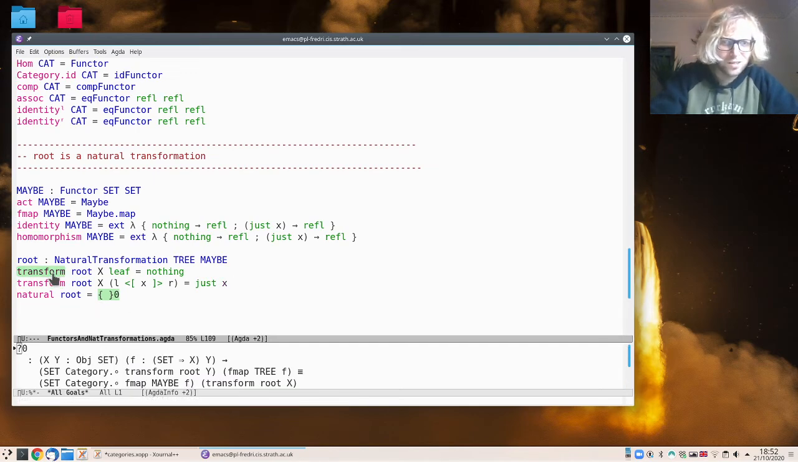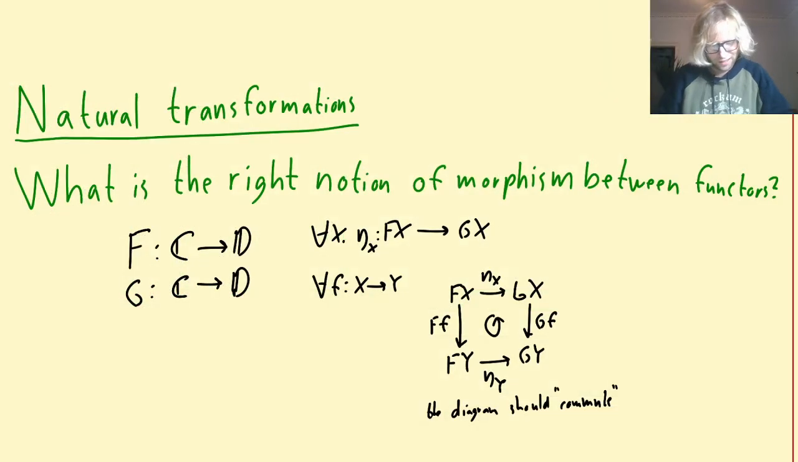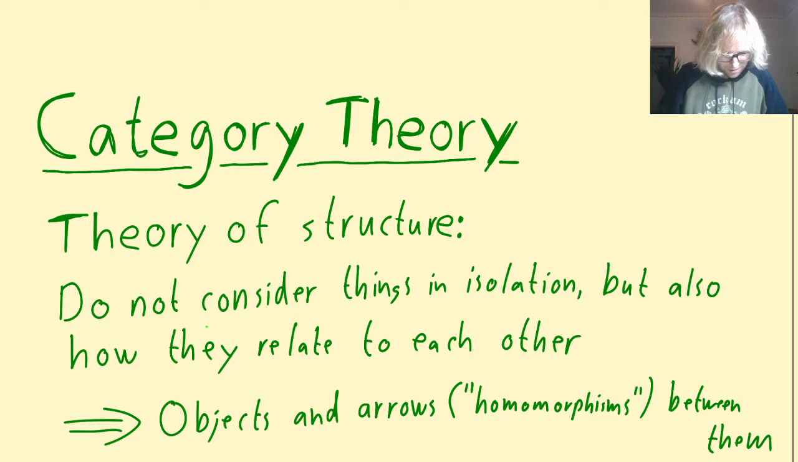Okay, so we can transform trees into maybes, but is this operation natural? So let's stop and think. If we go back here, what we see that we need is,